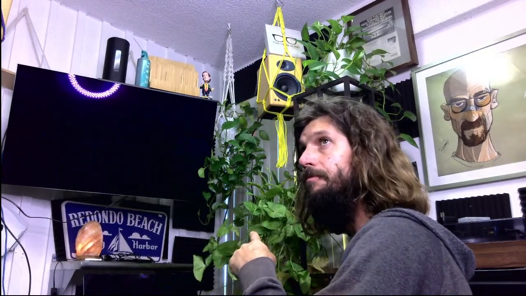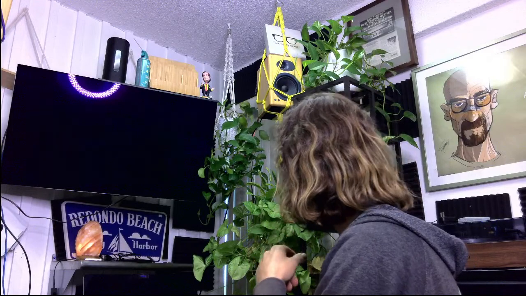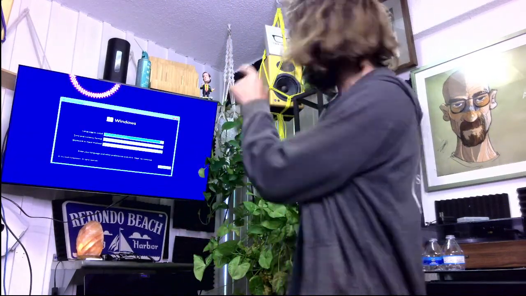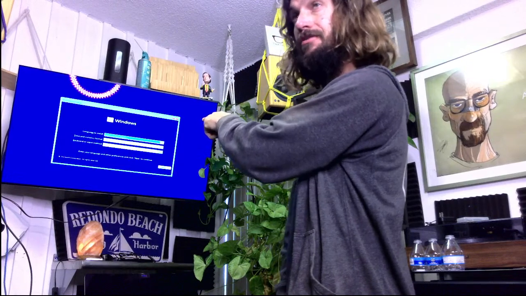Alrighty, almost there. Drum roll. This delay is normal. Could be another 5 or 10 seconds before we actually get a Windows 11 screen. Come on. Drum roll. There we go. Alright, so if you have this issue where you're trying to get to the BIOS but you can't because it just goes to a blank screen and ultimately you just want to get here so you can reinstall Windows,